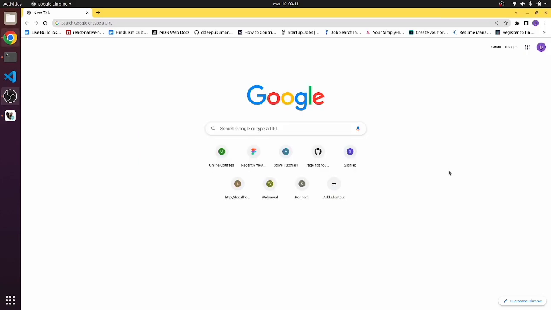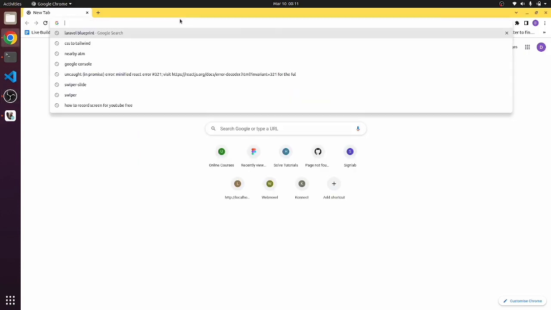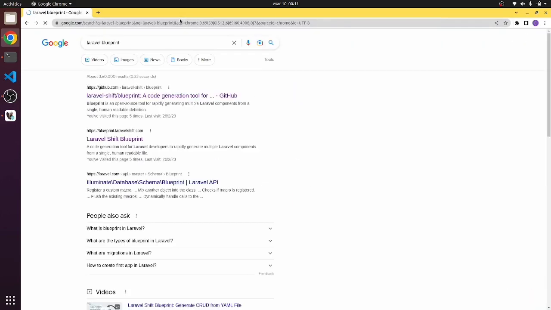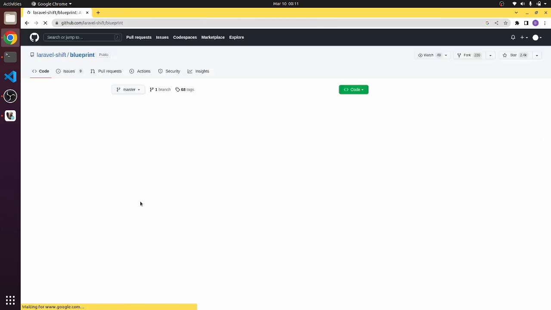Hello everyone. Today we are going to discuss a package in Laravel called Laravel Blueprint. For the time being, the point to be noted is